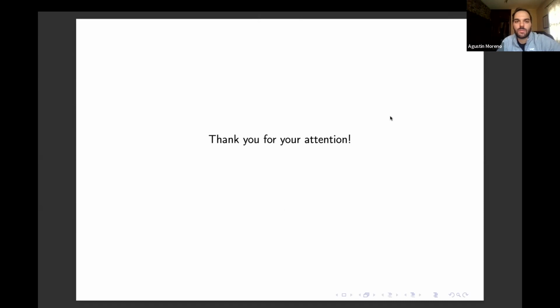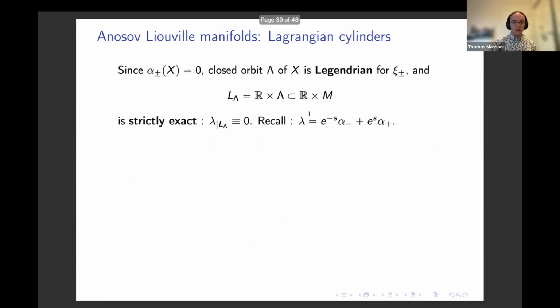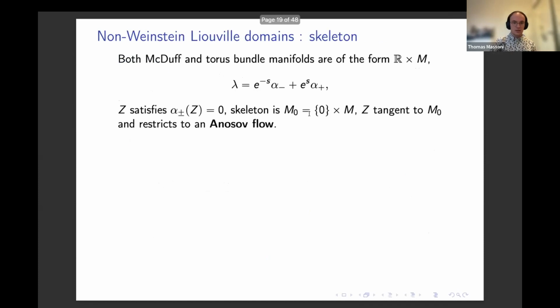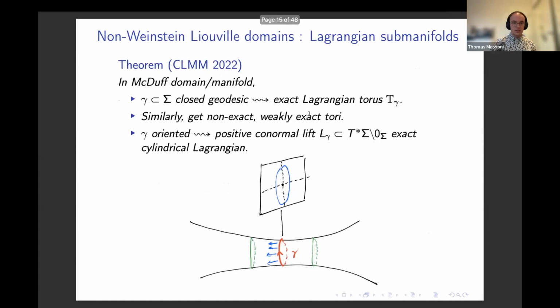So can you describe this Lagrangian torus associated to geodesic gamma, the exact Lagrangian torus which you mentioned at some point? Yes. So where is it? Yes. So I mean,